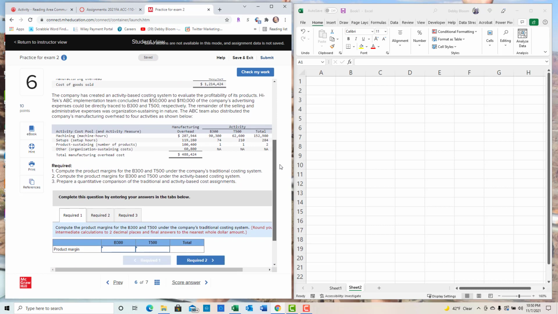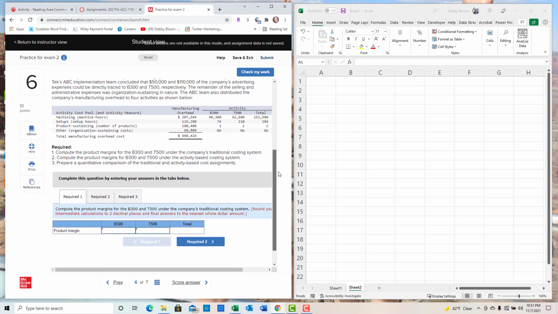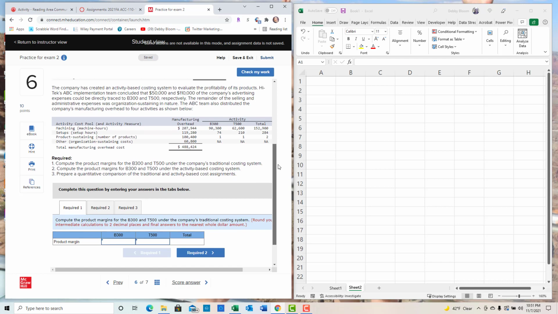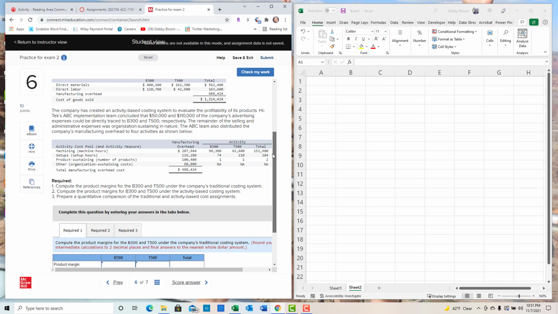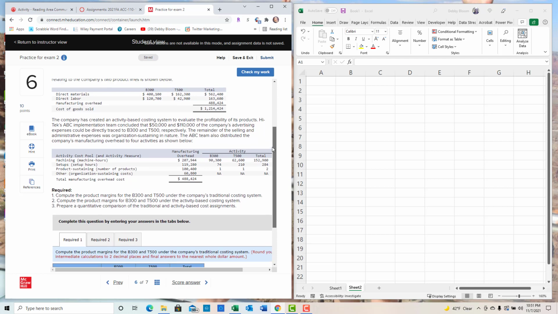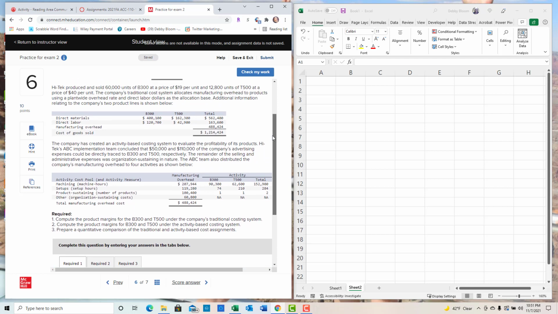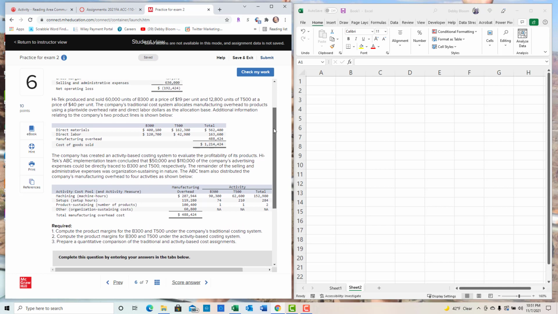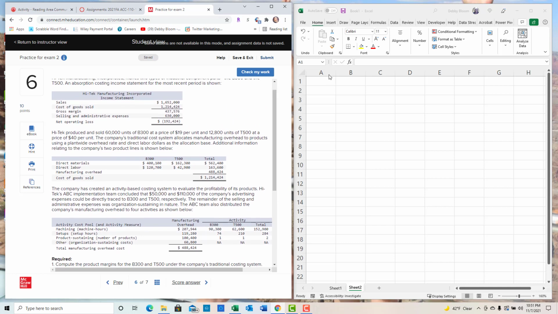So our requirements are, number 1, compute the product margins under the traditional costing system. Then we're supposed to compute the product margins under ABC, and then do a quantitative comparison of the traditional and the activity-based cost assignments. So let's get going. First, under our traditional costing system,